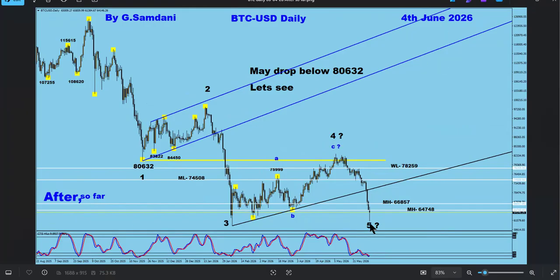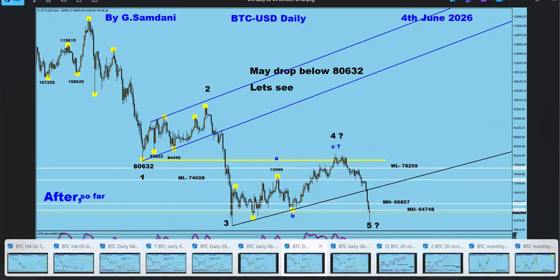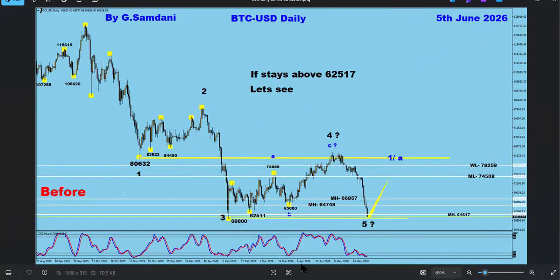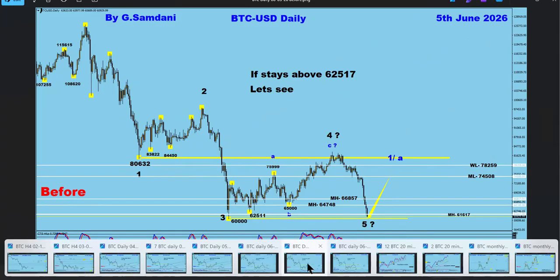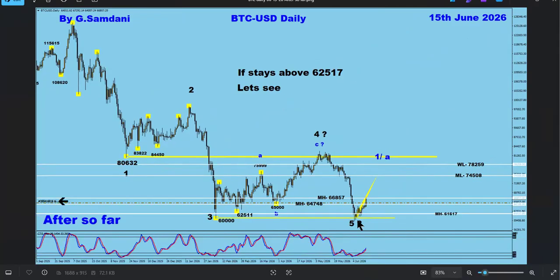So we came down here and then I switched and again made the chart saying that now we're probably going to go to the upside. And that chart looks like this. This is on June 5th. This is probably the end. This will hold it as wave 5. It may go down a little bit, but I thought maybe this may be like a double bottom, and then we start to go to the upside. This looks like 1, 2, 3, 4, and then wave 5. So this is the chart. After that, you can see that right now, as I recorded today, it has nicely started to go to the upside, right?